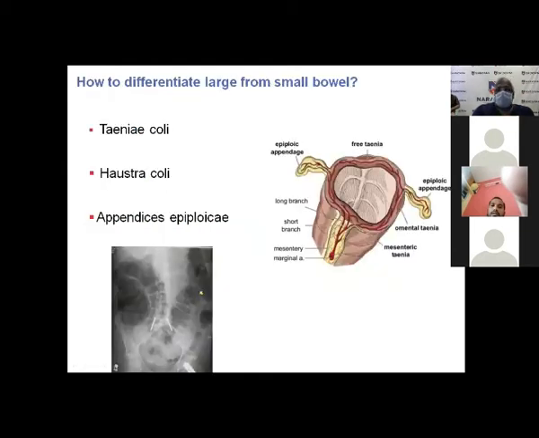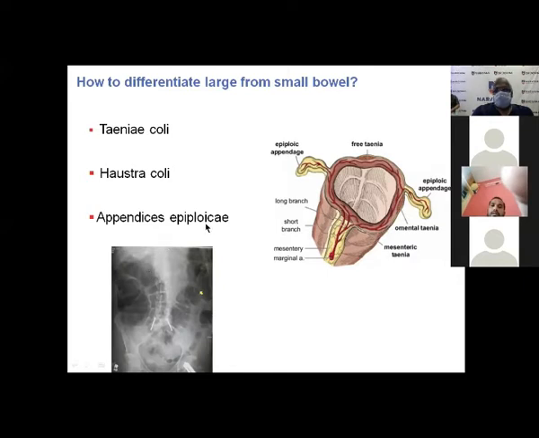How do you differentiate the large bowel from the small bowel? The large bowel has condensation of the longitudinal fibers along three aspects of the colon, which become the tinea coli. On X-ray you can see the nice haustrations. The haustrations are placed differently compared to the valvulae conniventes, which are very circular, something like a coil of spring. It is not so here. They are differently placed, so there will be discontinuity between the haustrations. That is typical of the colon.